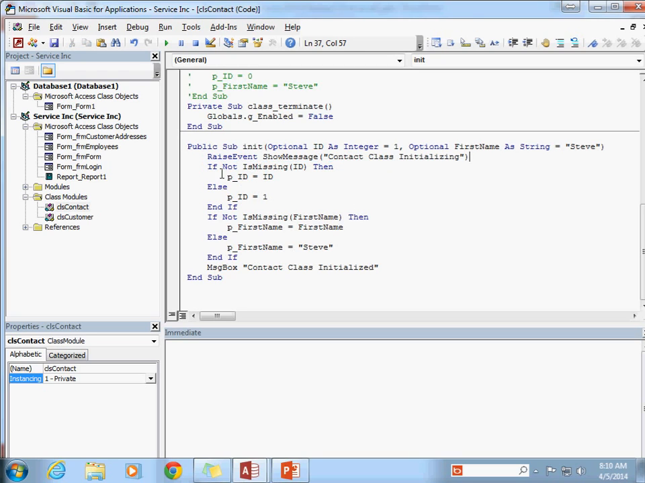Okay, then down here I'm basically going to do the same thing. I'm just going to go ahead and copy and paste this, and down here I'm going to raise the same event with a different message. Okay, so I'm going to trigger the event show message at this point when the init method has started to run, and I'm going to raise that event that shows a message contact class initializing, and then raise event show message class contact initialized. Now,